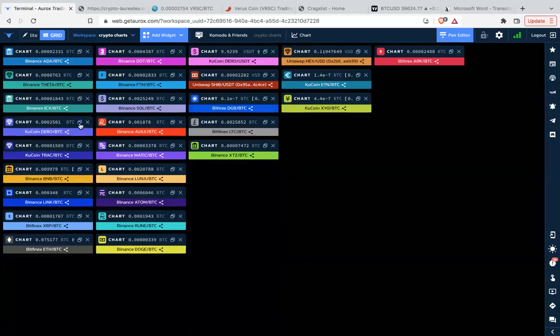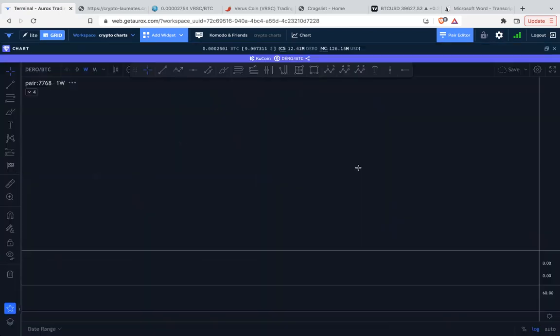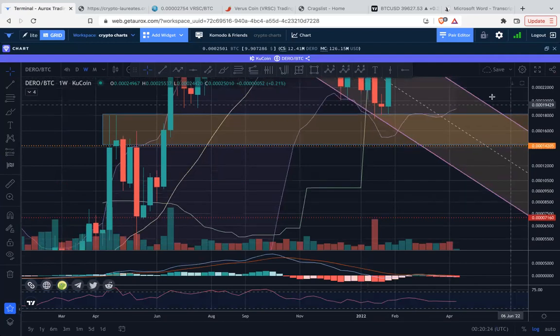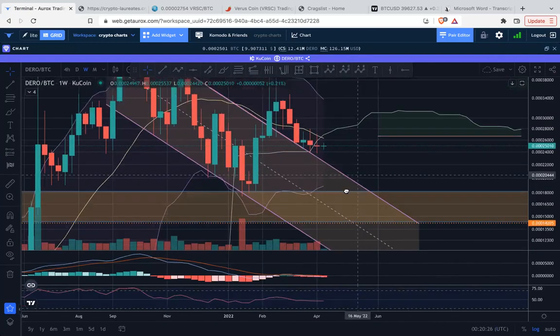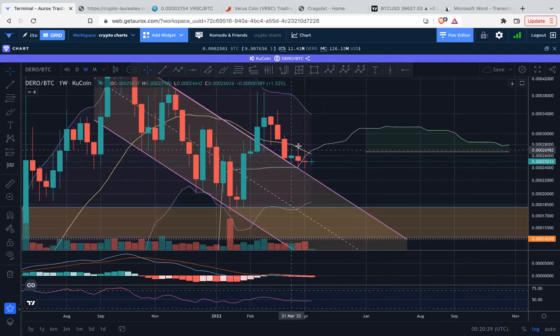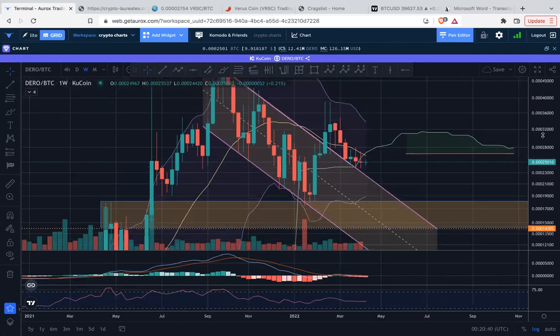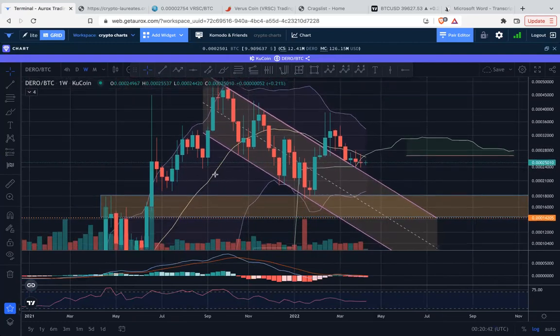And next is DERO. We haven't seen that one for a week or two. We definitely didn't see it last week, but DERO is breaking down its momentum. Again, resistance at the 20-week moving average with wicks. So that's weakness. And now we're breaking down below the Ichimoku cloud. So the sense I'm getting is, well, this is a previous resistance-turned-support level. So it's definitely not surprising that the price would flatten out here.